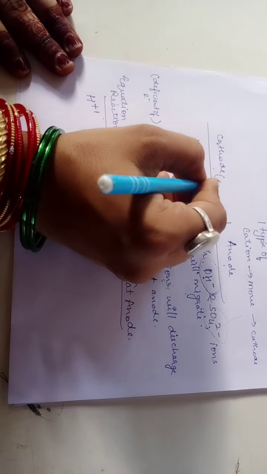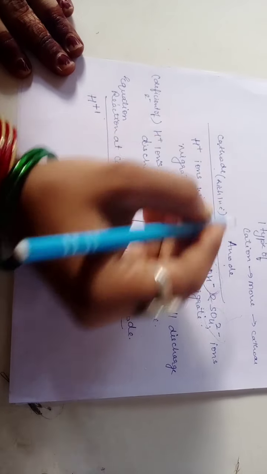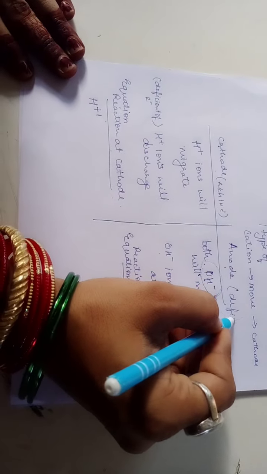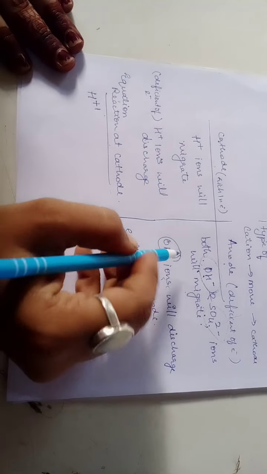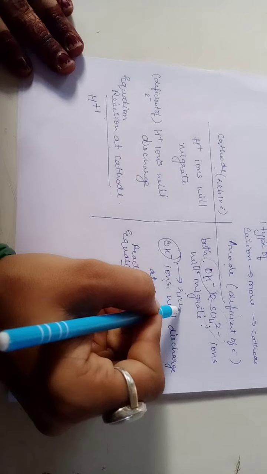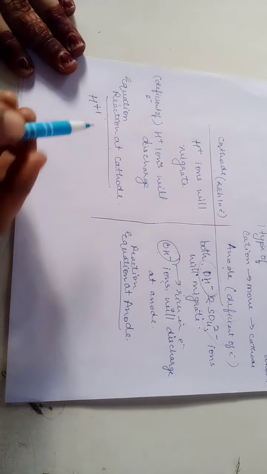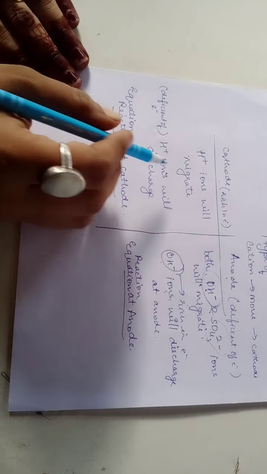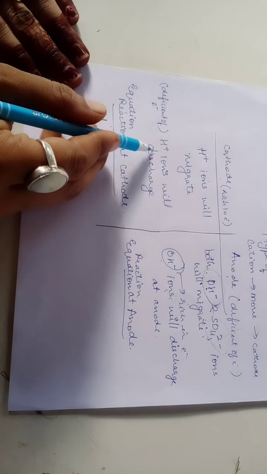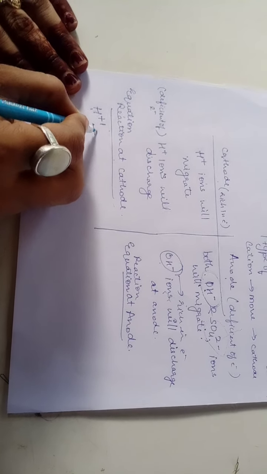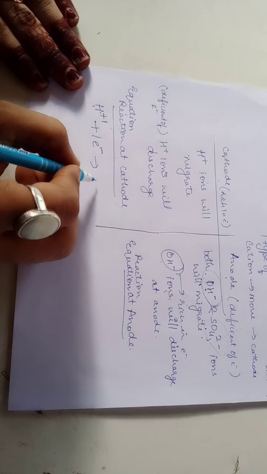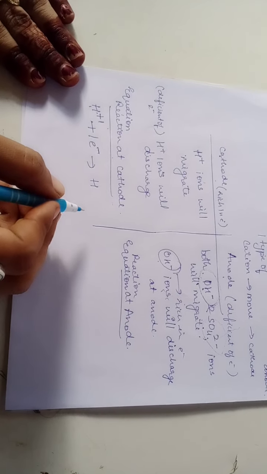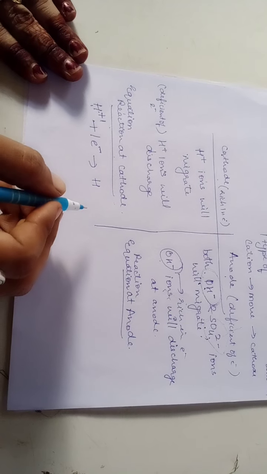Cathode is rich in electrons, whereas anode is deficient of electron, whereas OH minus ions is rich in electron. So what will happen here? This is deficient. So cathode के पास ज़्यादा है, तो cation cathode के पास जाके क्या करेंगे? They will accept 1 electron because it requires only 1 electron to form neutral H atom. Yes or no? Are you getting?